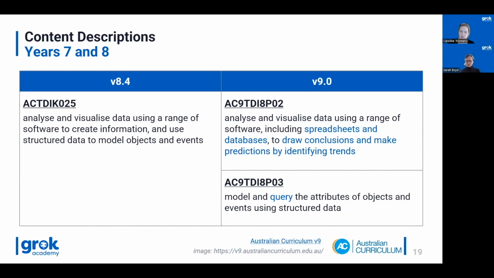So you'll see the 8.4 curriculum descriptor has been broken down into a little bit more detail here. So the version 9 curriculum talks about analysing and visualising data using a range of software, including spreadsheets and databases, to draw conclusions and make predictions by identifying trends. So you can see here we're specifically being asked to talk about spreadsheets and databases. So we need to be very specific in what we're teaching the students in terms of those technologies. And it's taken that little bit further to actually draw conclusions. And we'll show you some methods of how to do that when we go through some of the learning activities